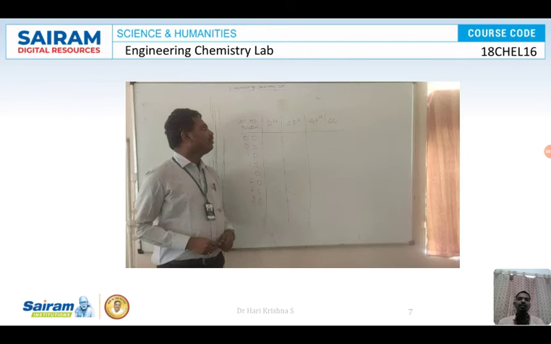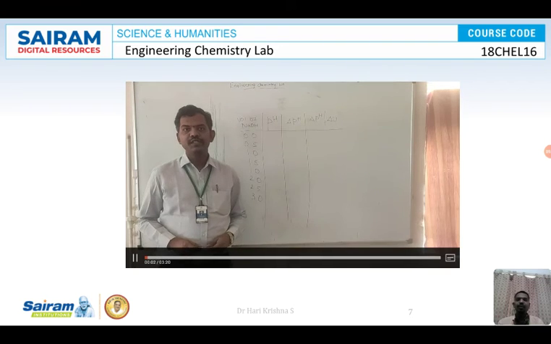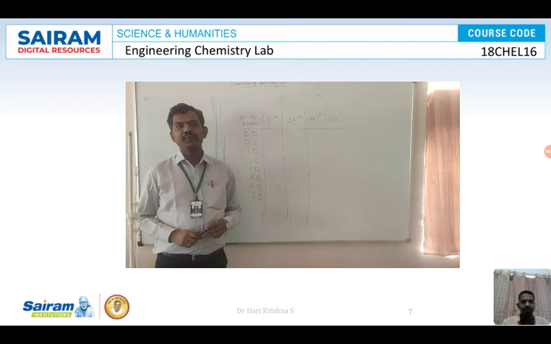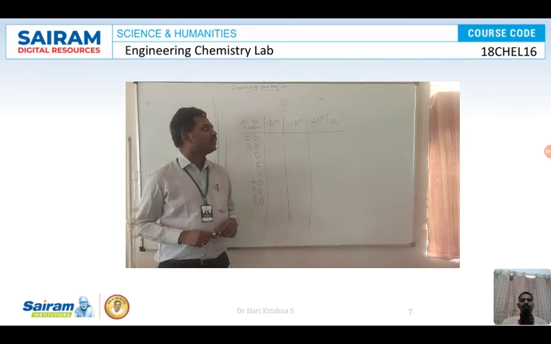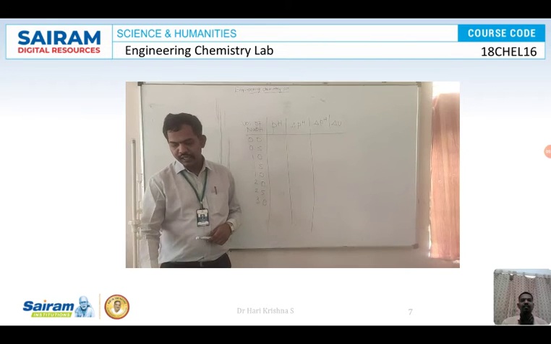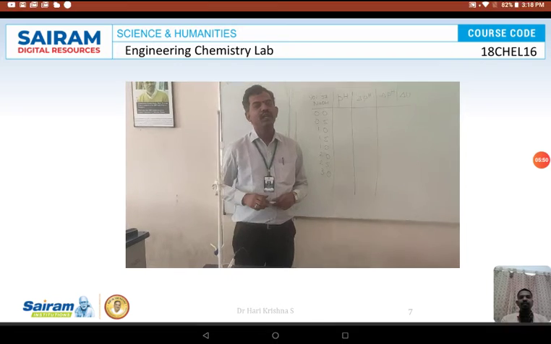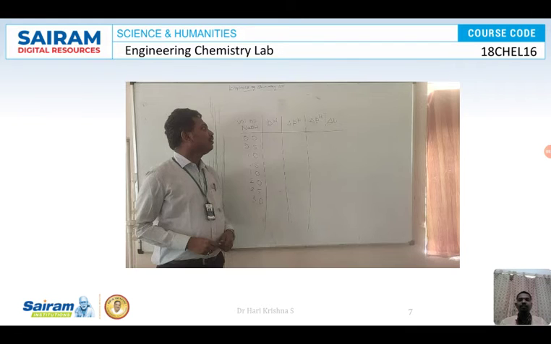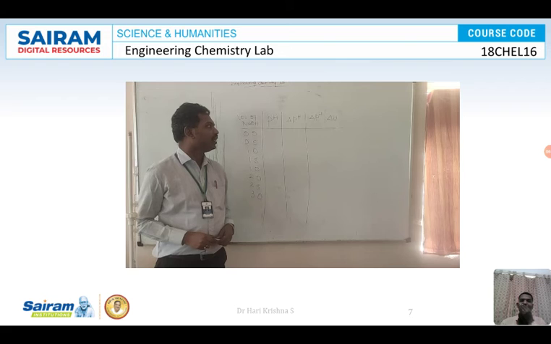So now we have a small demonstration on how to do the experiment. I will show you the demo for performing the pK experiment. So pH is the negative logarithm of hydrogen ion concentration. In order to determine the pH of a given weak acid, you are going to take the combined glass electrode, or you can use two electrodes, a standard calomel electrode combined with a glass electrode. The experiment is the determination of pH of a given weak acid using a glass electrode.